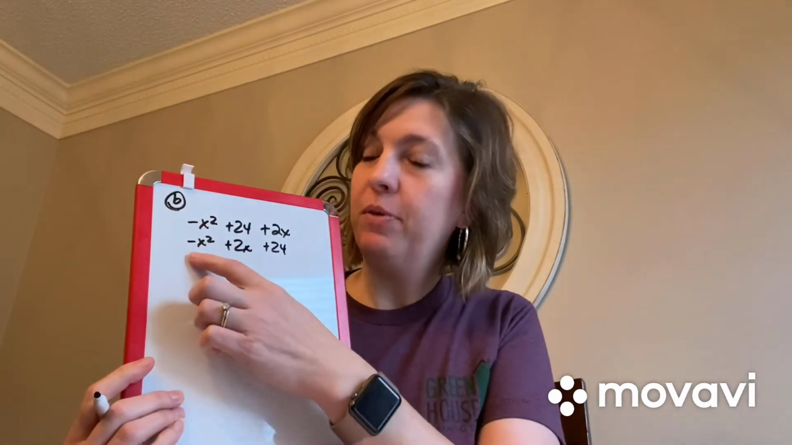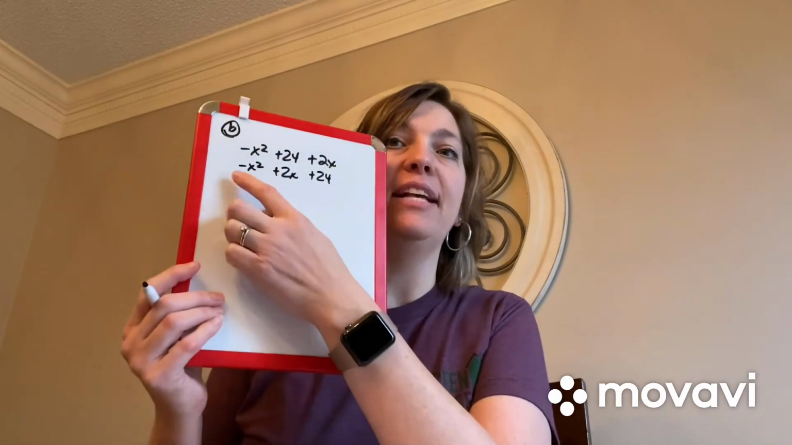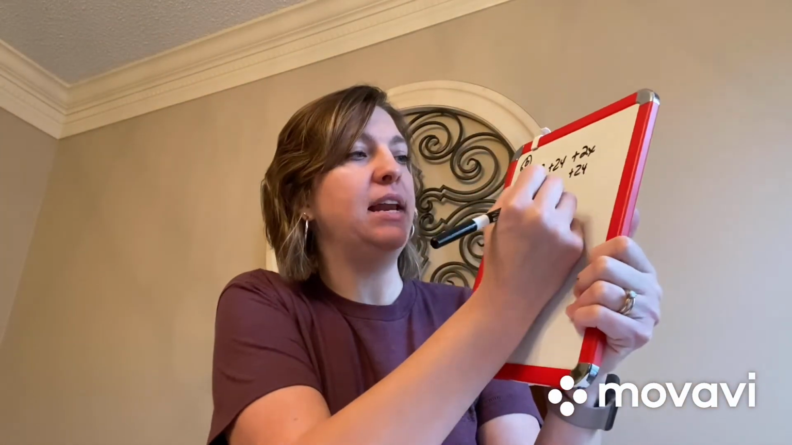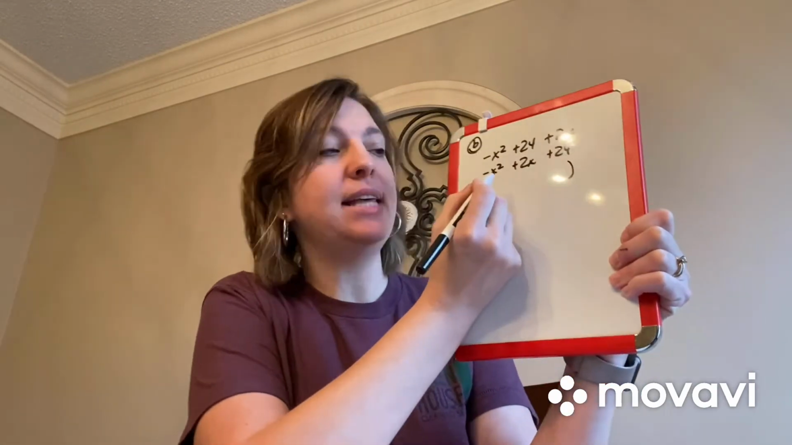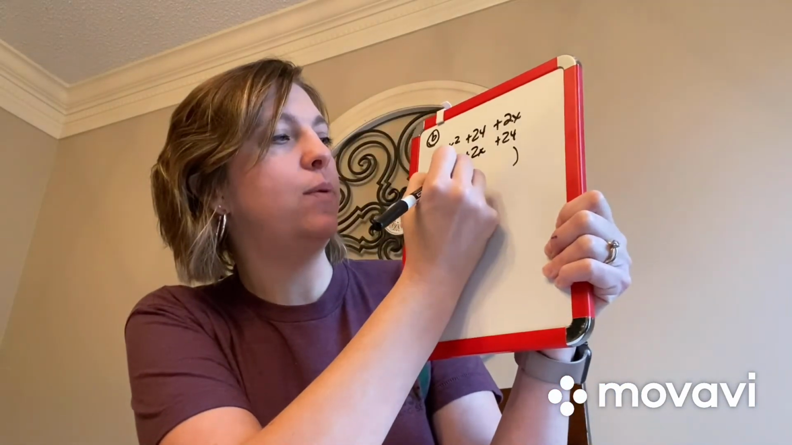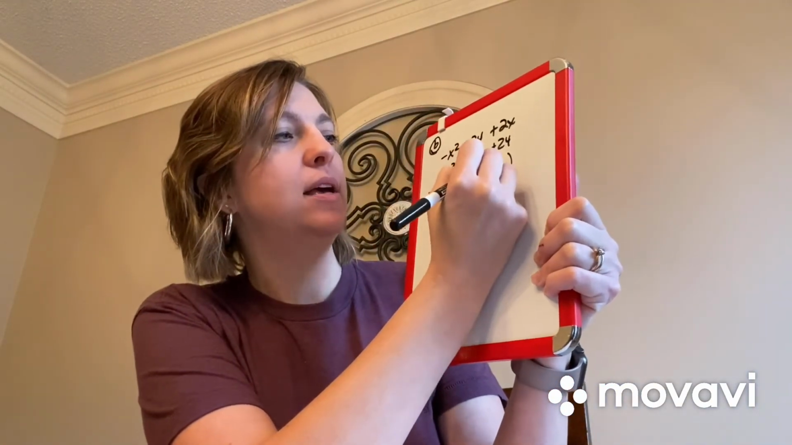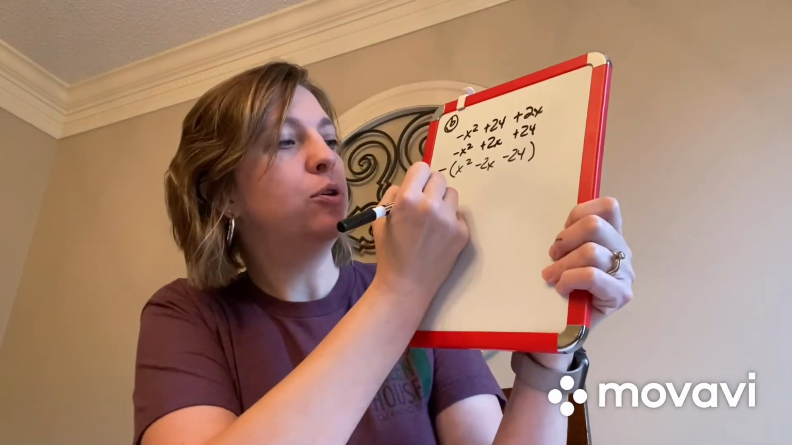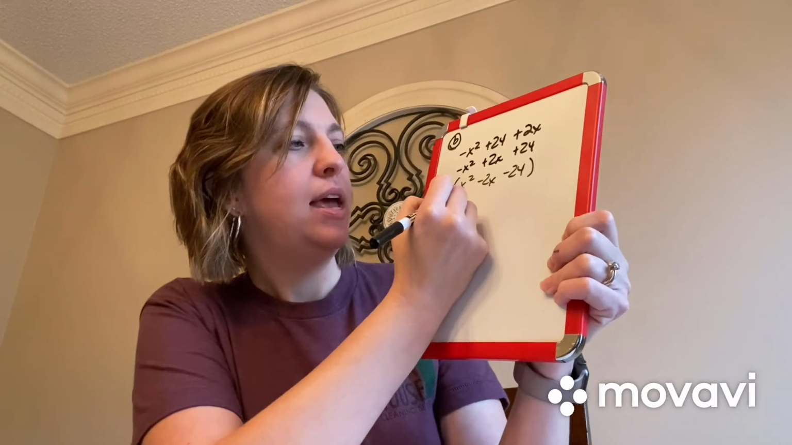Then I've also been reminding you my leading coefficient has to be positive. In this case, it's not, so I'm going to take out a negative. That means every sign inside has to change: x squared minus 2x minus 24. Now I can factor. I am going to bring down my negative, and then